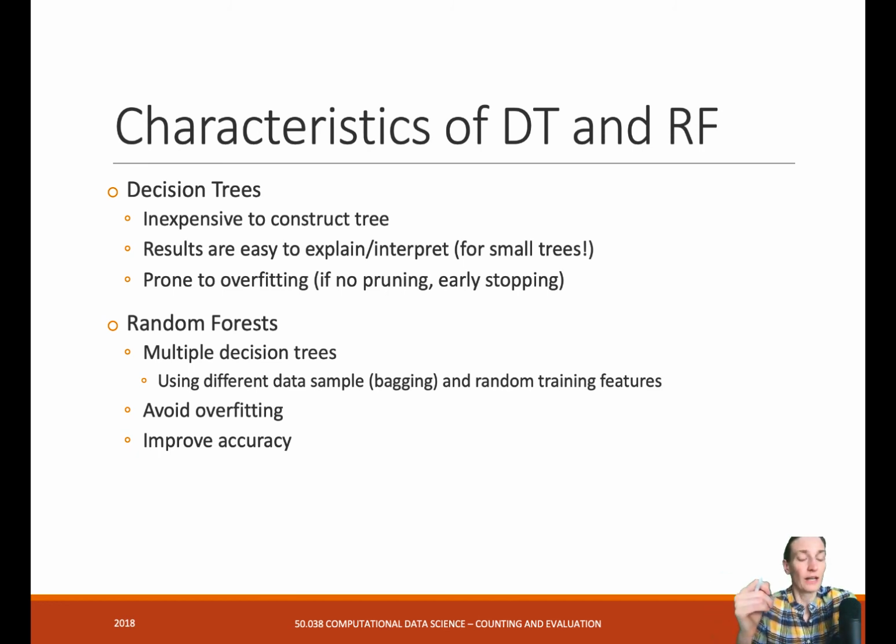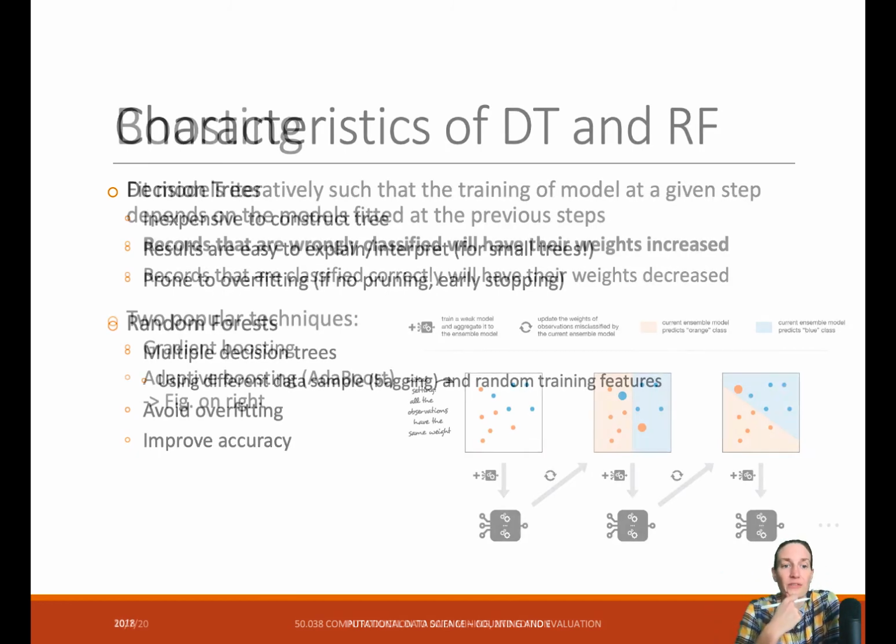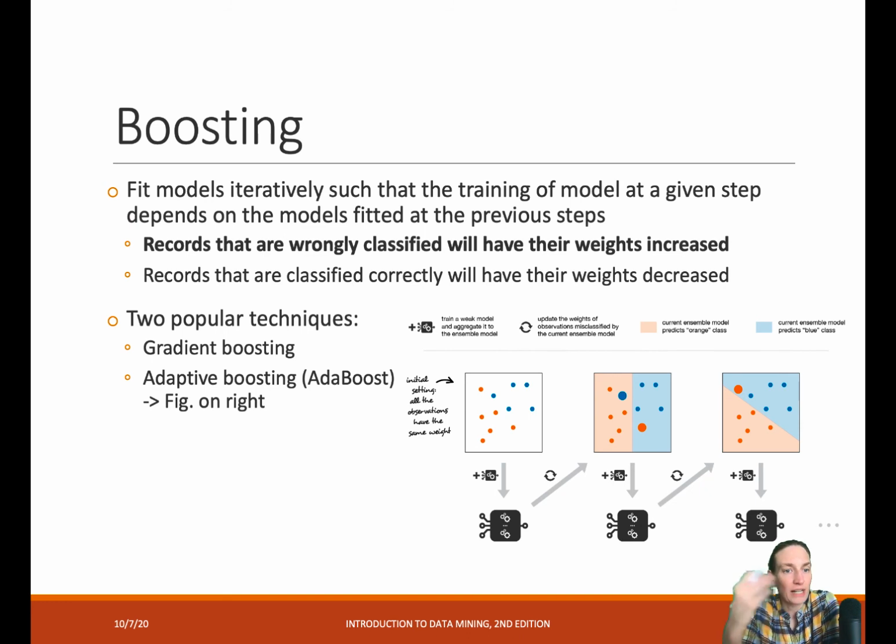Boosting. In boosting, we fit models iteratively, such that the training of a model at a given step depends on the models fitted at the previous step. What does that mean? Records or instances in our dataset that are wrongly classified will have their weights increased, and records that are classified correctly will have their weights decreased. Isn't that interesting? So it's sort of depicted on the picture here, which is an example of adaptive boosting or